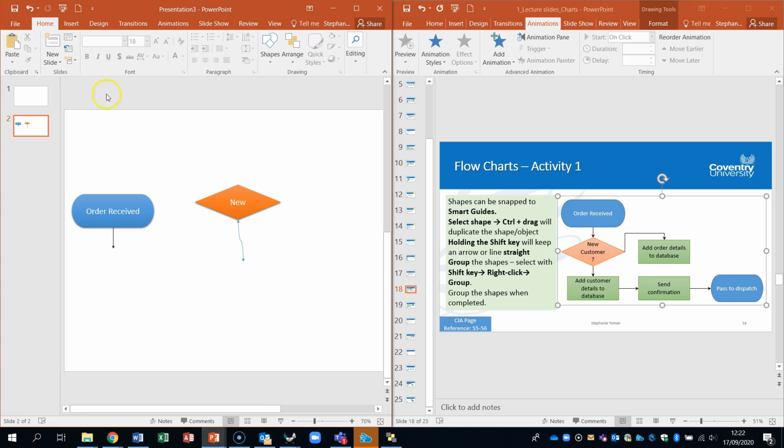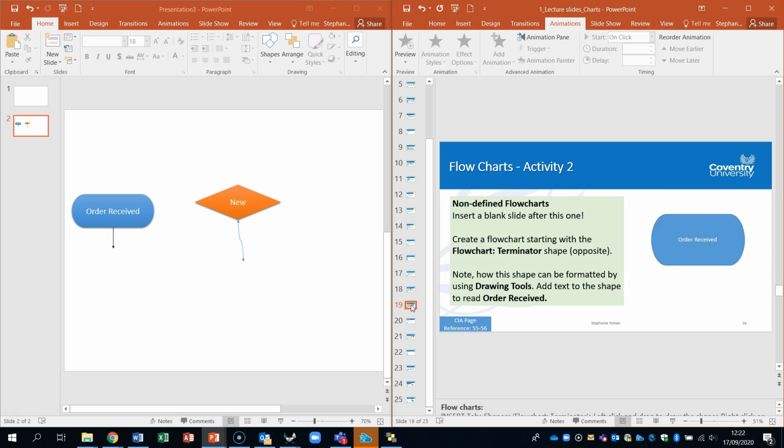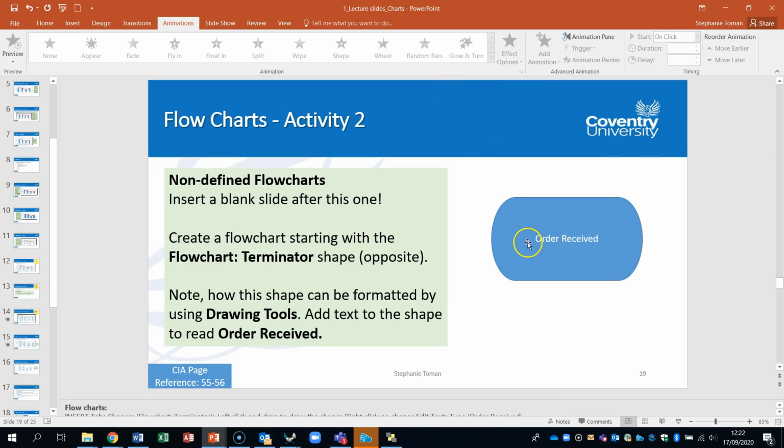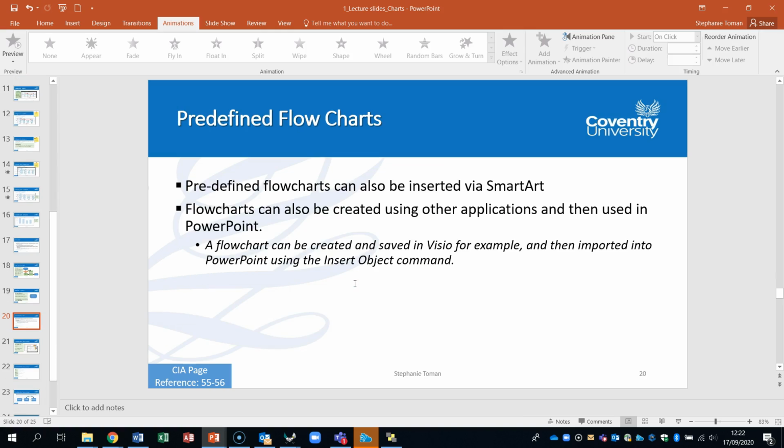separate. Okay, so if we look at the next slide, slide 19. Just minimize this so you can see a bit better, and you can see how it started and how you build it up into your own. So have a little go at that. Make sure you've got those skill sets, in case it will come up in the exam that you need to do that. The next area though are the predefined